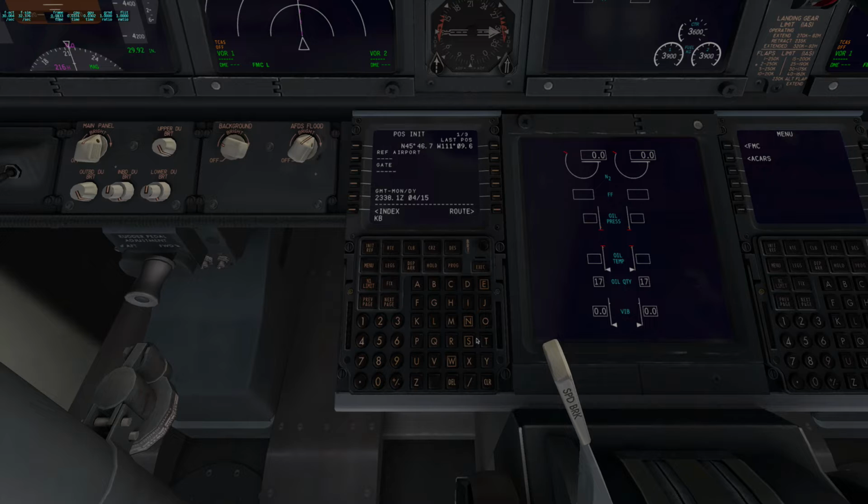So Kilo Bravo, Zulu, November. And head over to our route. Bozeman is in the scratch pad, so I just click it here, and then I just want to put in Kilo Lima Alpha Sierra for Las Vegas. And then we can begin with our